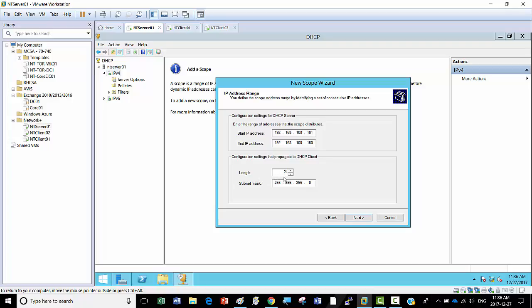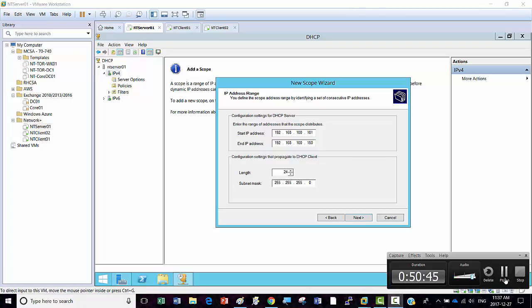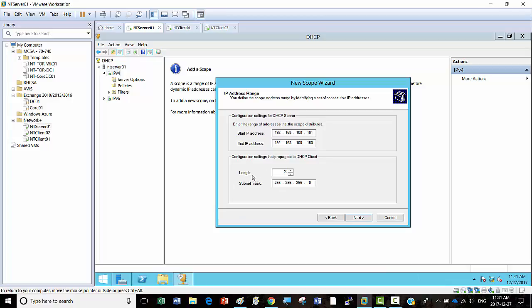The length. So see here we have length 24 bits and subnet mask we have prefix notation here and the dotted decimal